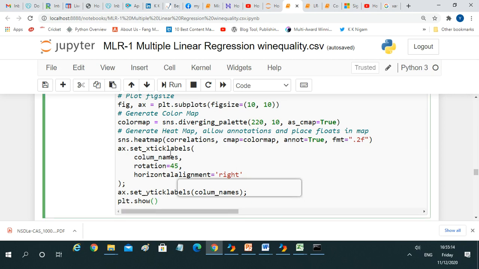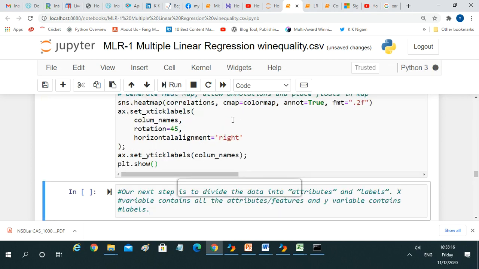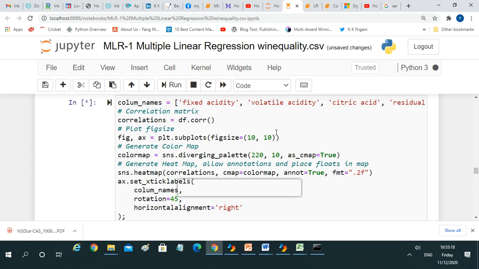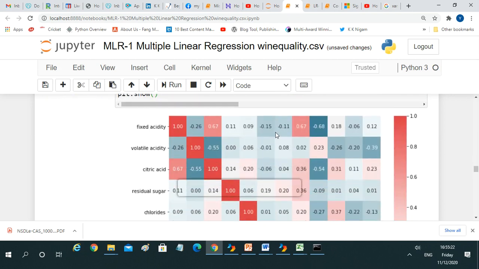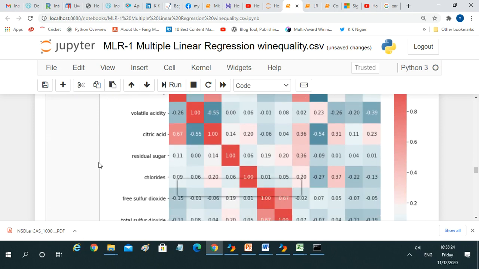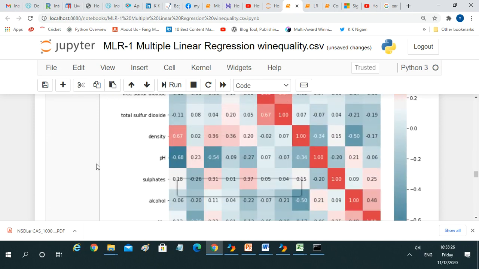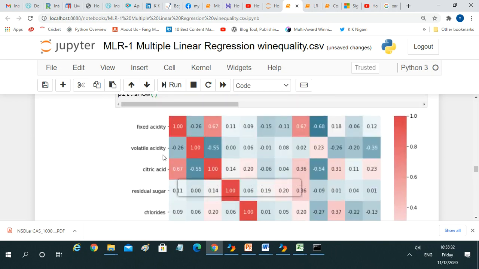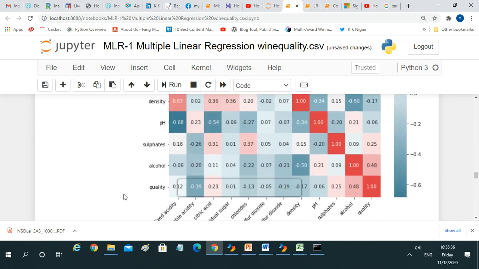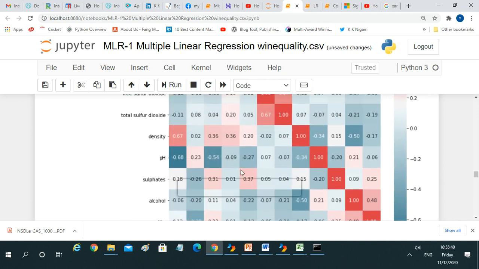So once we run it, the process is still on. Once this process is complete, you will get this kind of a graph, which is a heat map. As I said, these are the various features that we have seen: fixed acidity, volatile acidity, citric acid, all those things will be there. Similarly on this side also you are going to get them, and these are various blocks which tell you the